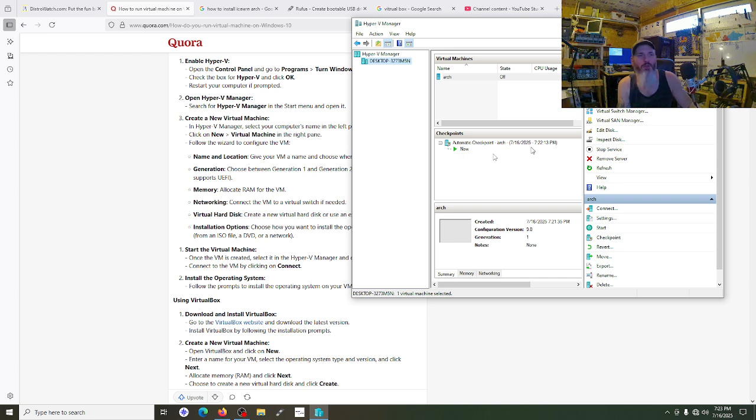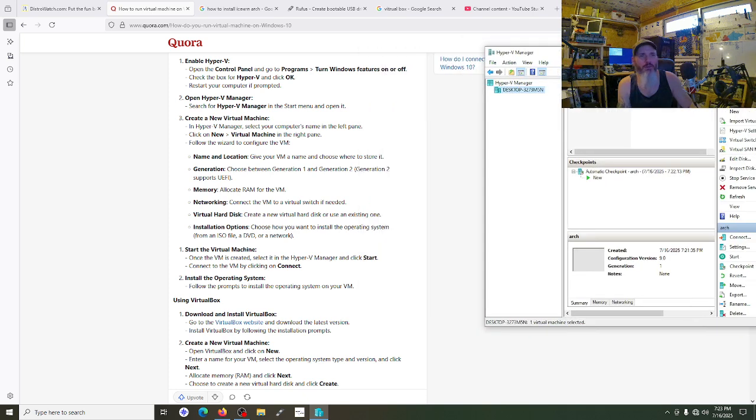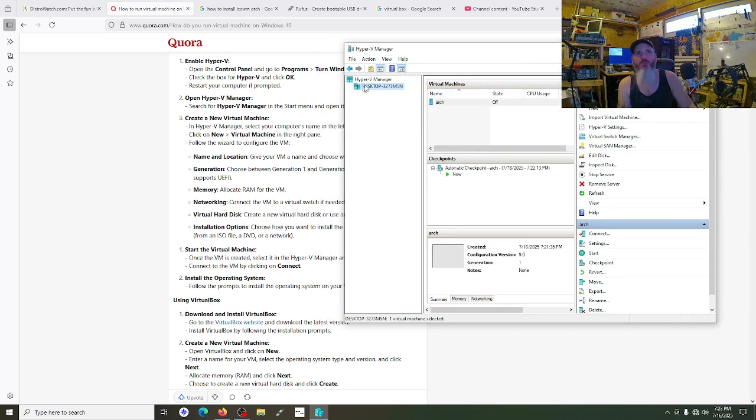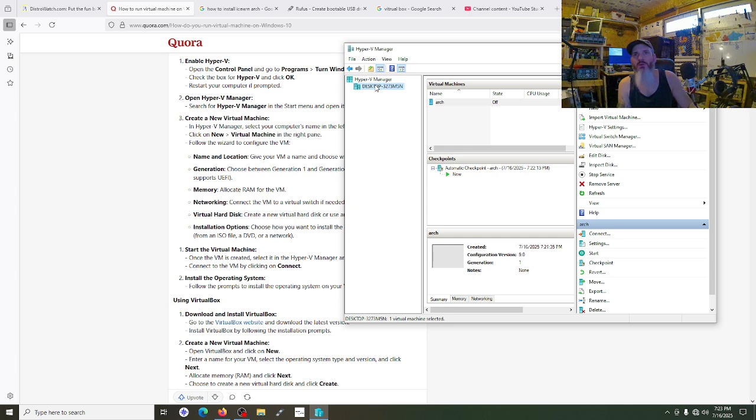Now it was saying once the VM is created, select it in the Hyper-V Manager and click Start. Where is it in the Hyper-V Manager? This just says, oh, okay, so in the Hyper-V Manager, well,